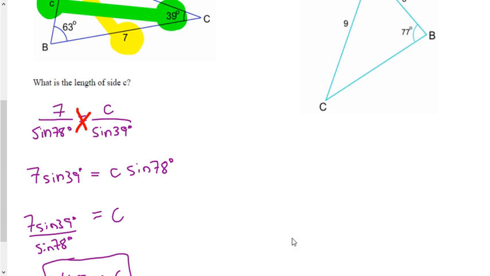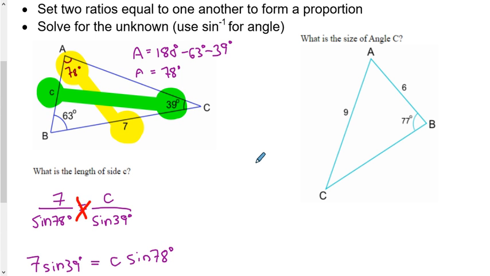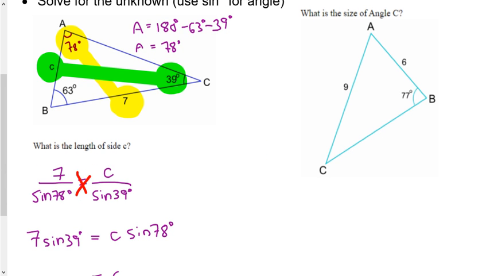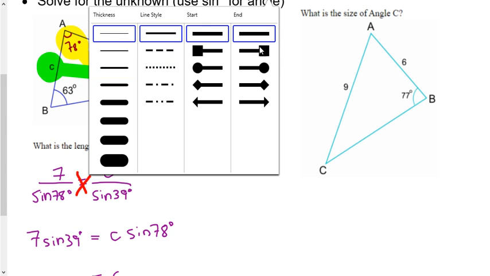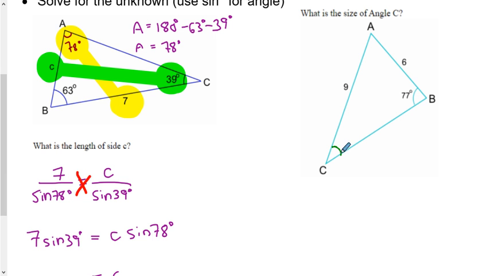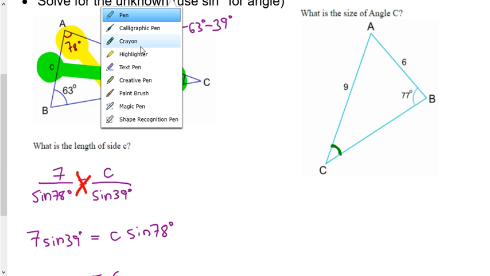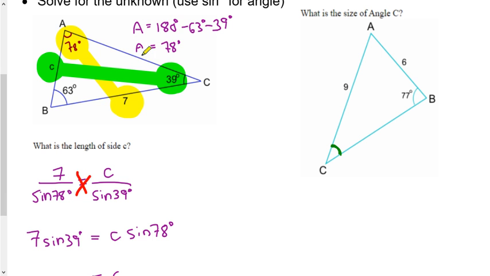That's finding a side. How about when we want to find an angle in a triangle? Okay, so it says right here we want to find angle C. That's right here. What's angle C? I don't know. So let's see if we have our matching side angle pair. That would tell me that I'm working with